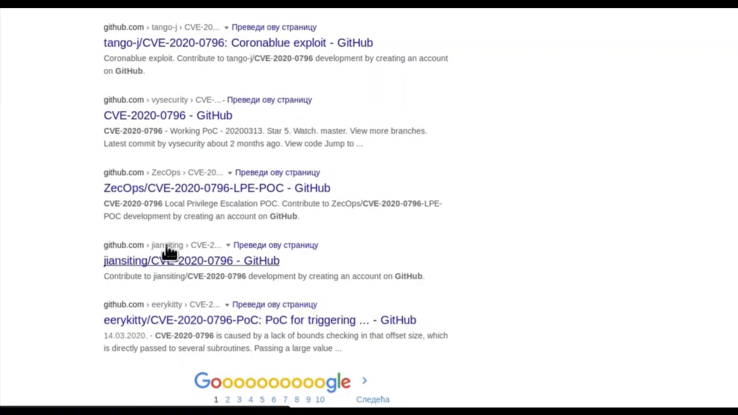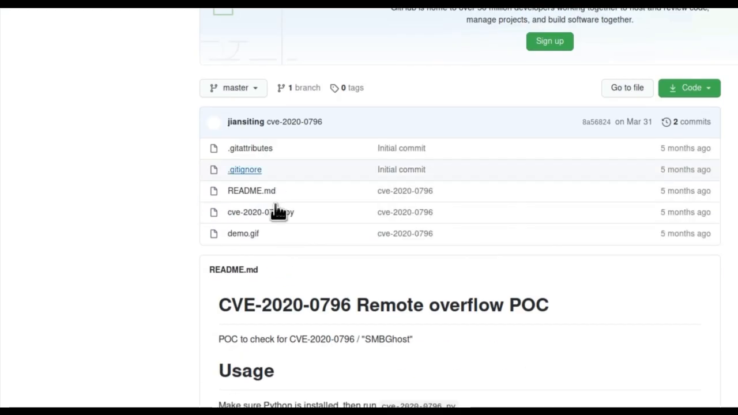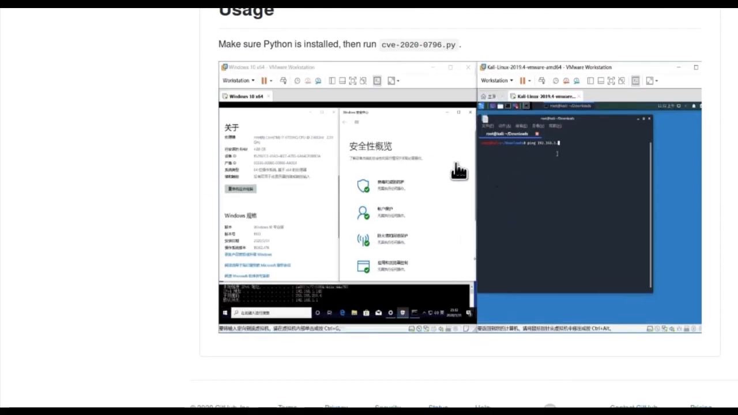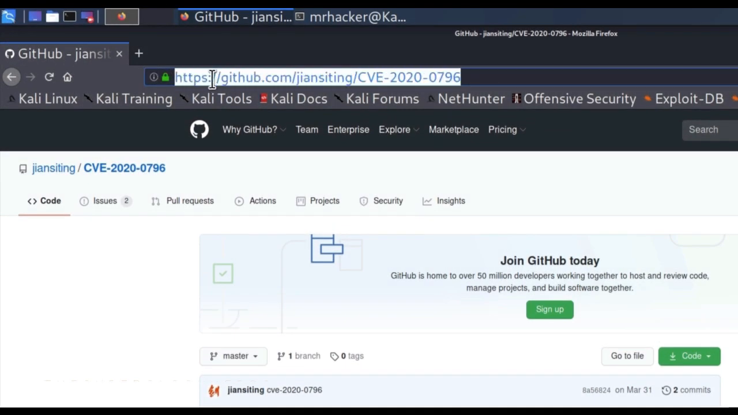So if I go all the way down, you will see this GitHub link. It is from Gian Sitting, and it has the name of our vulnerability. If I go right here, we can see we got a few files. Once again, this is a Python tool. Under here, we got the usage, so we got a demo GIF. Here we can see the command that he is running. And if we go right here and copy the tool,